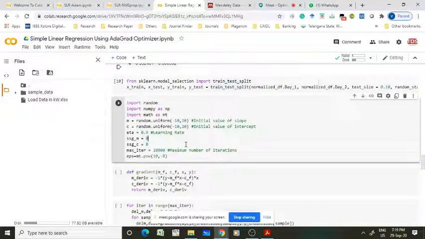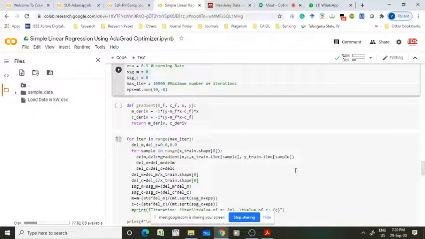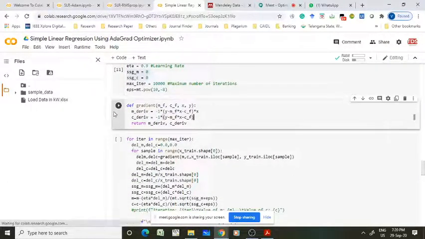Now here it is similar to our small dataset case. Random library, NumPy library, math library; initialize the M and C values randomly, set a learning rate, initialize the sum of the squares of the gradient with respect to M and with respect to C to 0, initialize the maximum number of iterations, and also epsilon 10 power minus 8. Same code. So you can use the same code for your application also.